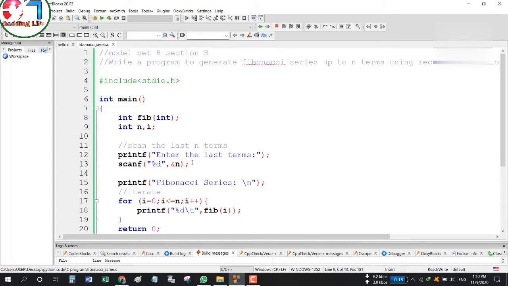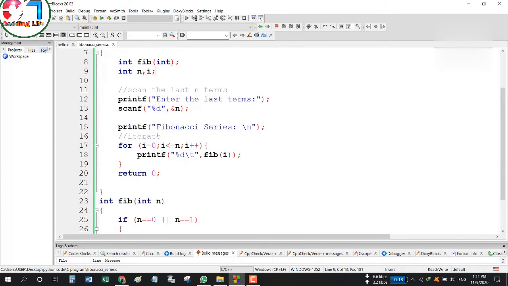So at first we have to input it, and then in this part the iteration is counted, because we know that in a Fibonacci series, the first two digits are added, then the result is kept in a third one, and then it swaps positions. That means the second digit becomes the first digit, and the third digit becomes the second digit. Then it will add these two digits and keep the value in the fourth variable. So this is the main logic of this series.